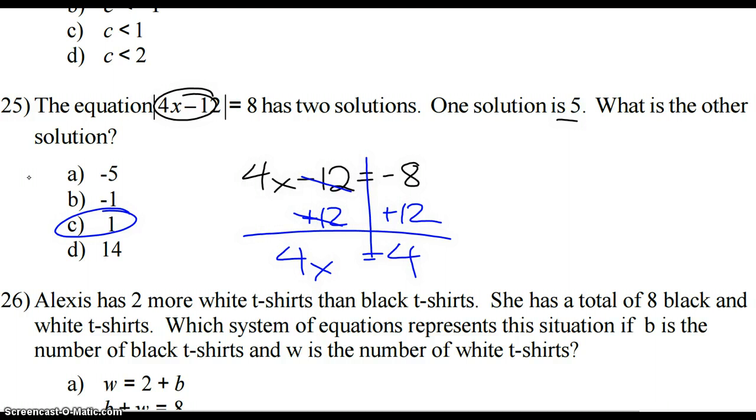The other way that you could do that is actually try plugging in these numbers. So if I plug in 1 for x, 4 times 1 is 4, and then 4 minus 12 is negative 8. Oops, sorry, but in an absolute value it comes out to positive 8. So that's the other way that you can do that. You can just plug them in and see which one works out, okay? So C for